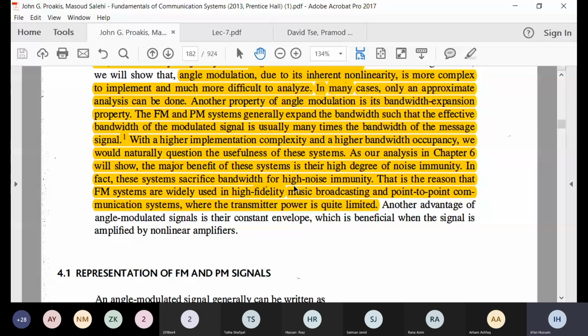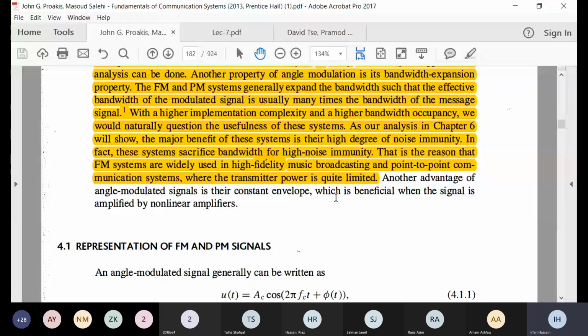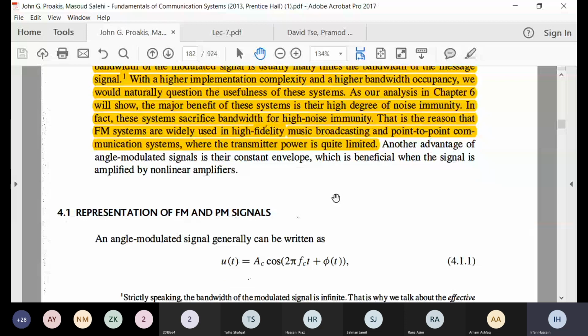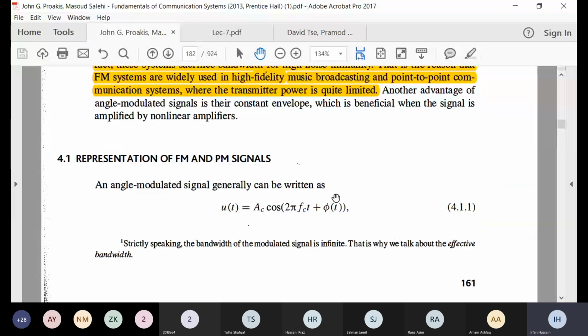Even if, let us say, radio station people decide that this is a very important speech, they might transfer that speech to FM, because in that case you will have a very good immunity against noise. They also have a constant envelope because their amplitudes are not changed. That is an advantage. Now let's go to the mathematics of